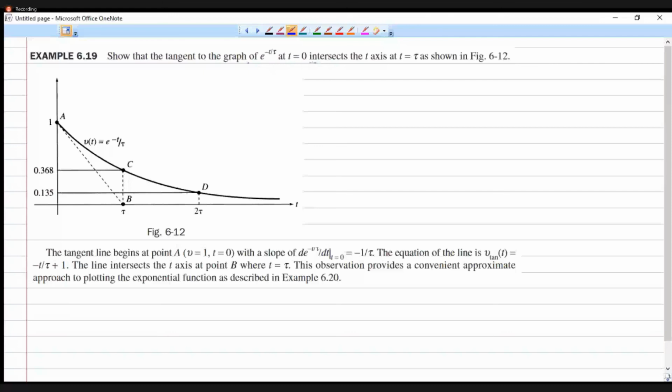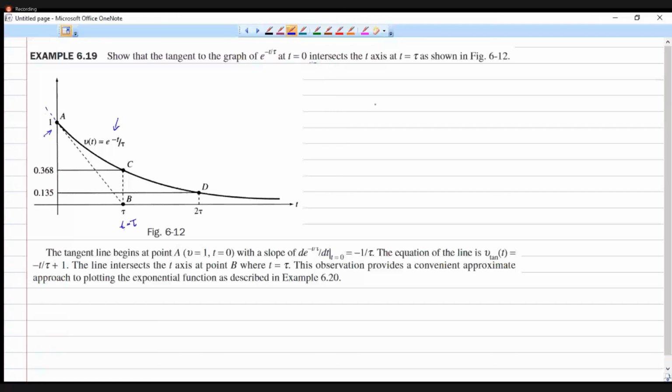The meaning of this question is that you draw a tangent to this exponential function at t is equal to 0, that is at this point. You can see that this tangent is going to meet the time axis at t is equal to tau. So can you prove this